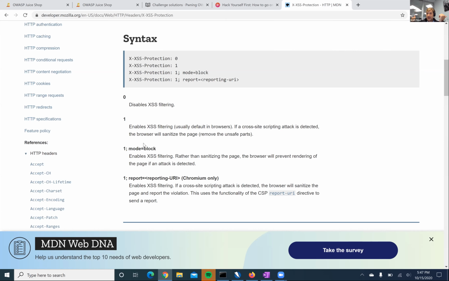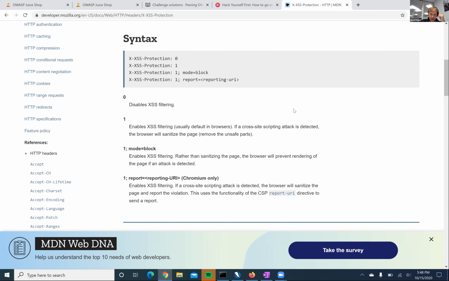If you allow any site to access your API regardless of where it came from, you're opening your API to hacks from other web pages. So what you're supposed to do is take the domain name of the website that's going to serve the pages that access your API and use that to lock down your API. I didn't explain that very well, but anyway, there is another protection there, which is called CORS.